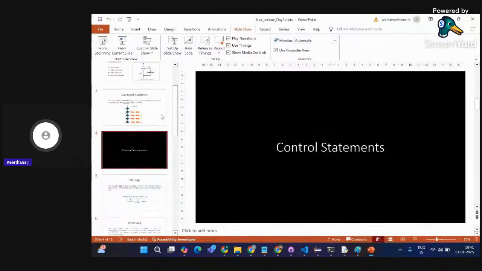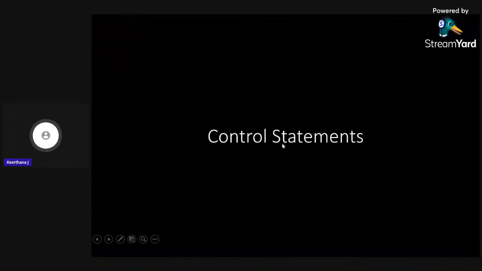Control statements are used when you're going to perform some operation that needs to be an iterative process, a repetitive process.